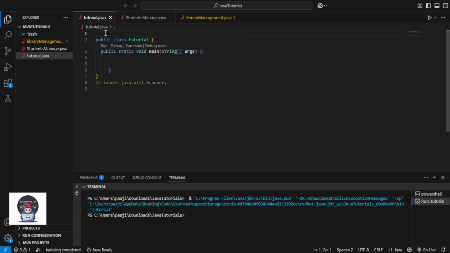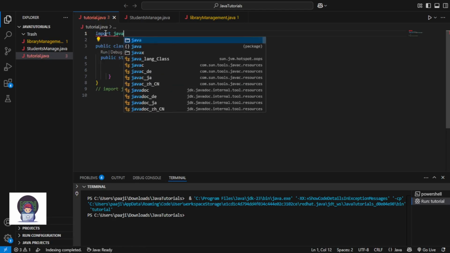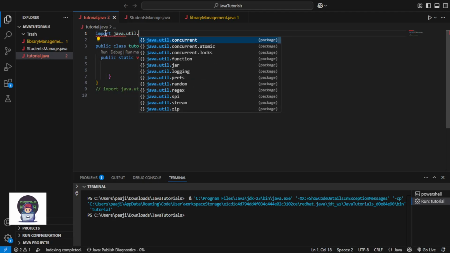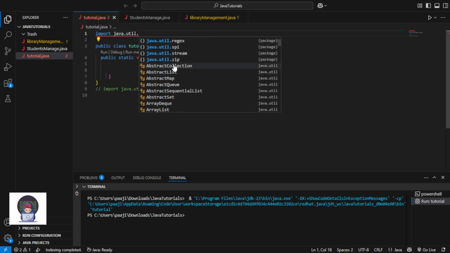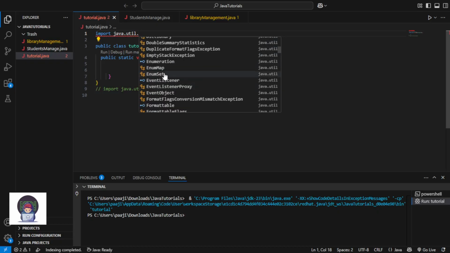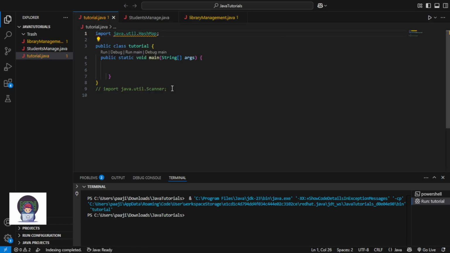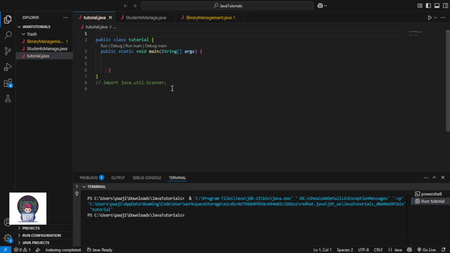Okay, so util, what does util mean? Utility. Import java dot util dot. Now we have all of these things: jar, abstract collection, arrays, dictionary, deque, enum, enumeration, hash map. So all of these, okay? This is actually what we are talking about today.